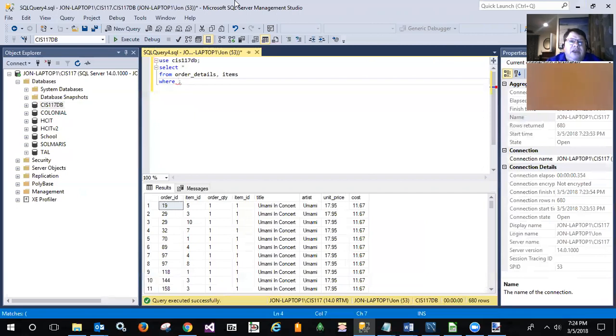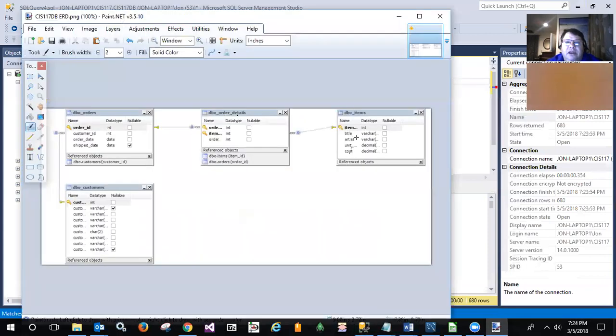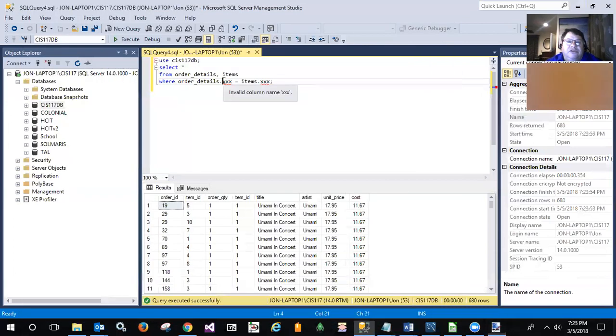So we're going to have order details dot something is going to equal items dot something. And if we go back and look at order details and items, the thing that they're going to be linked on, the foreign key, primary key relationship, is going to be on item number. That's one of the things that's really handy about keeping the diagrams around. So item ID